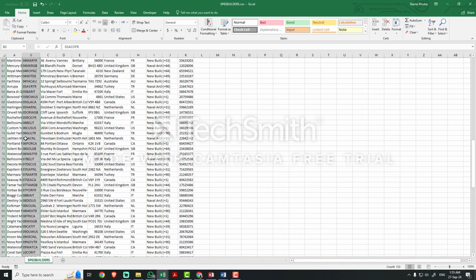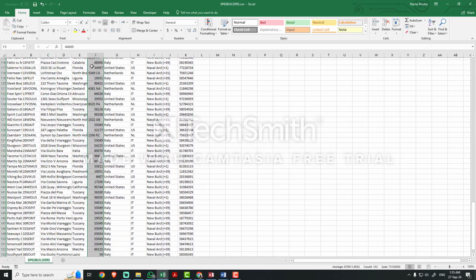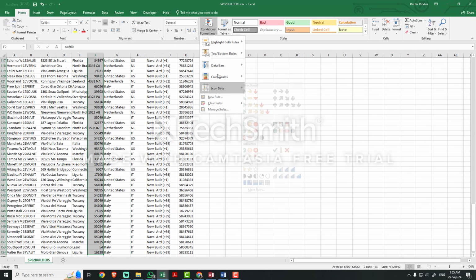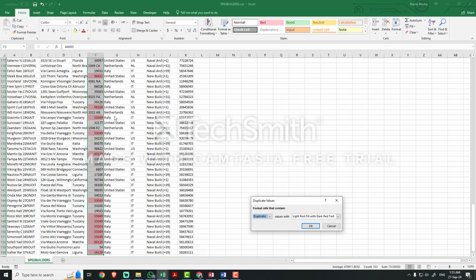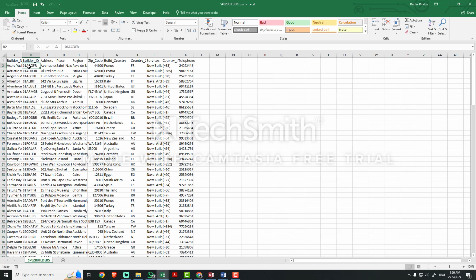So if you can see now, no color turned red. Like the example in here, just to show you that if it turns red, it means that some fields are duplicated, like that one. So you cannot see any red in that particular part of builder ID. So this is the thing you need.